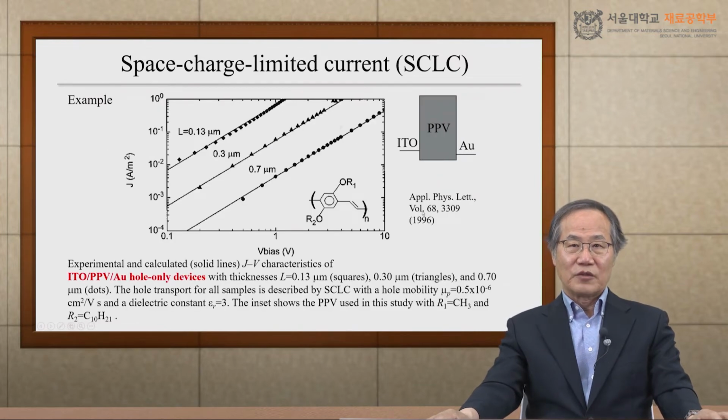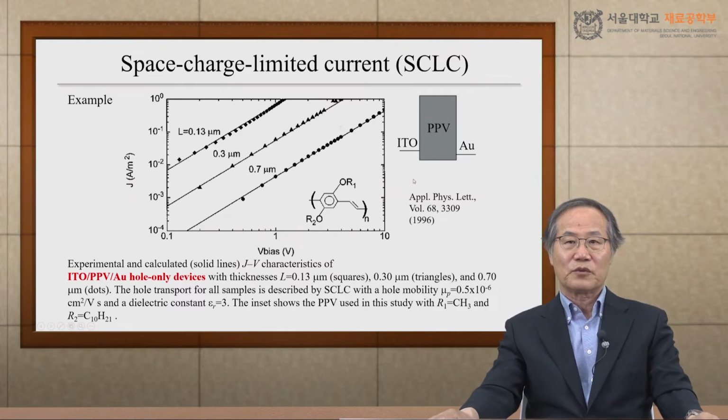Is that true? Is that really applied to organic semiconductors? Yes. Experimentally, that was proven already 25 years ago. So the PPB, that's the conducting polymer, is sandwiched between ITO and gold electrode with work function here. You see that the current density is proportional to applied voltage in exponential plot, and the slope is 2